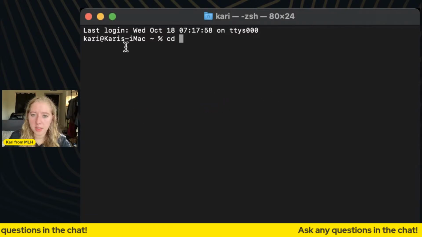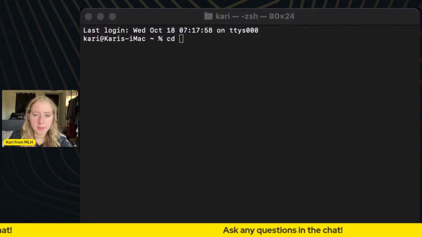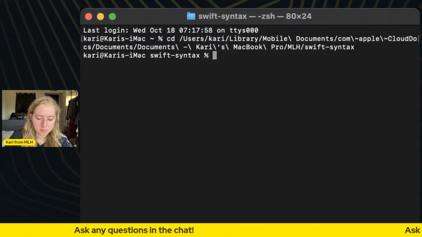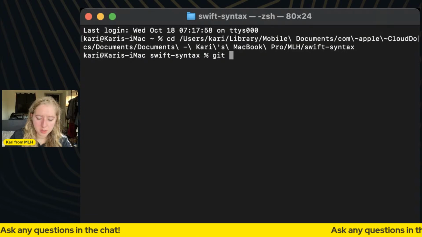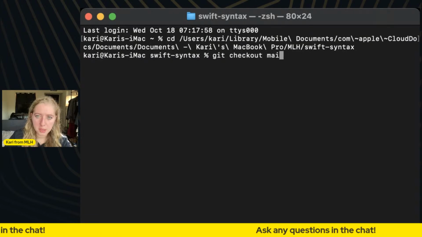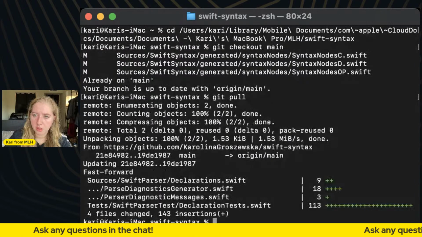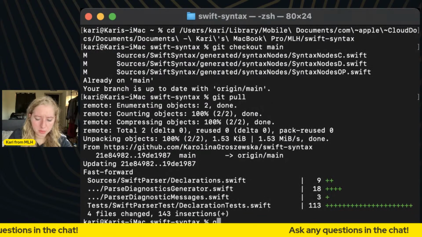Then we can do CD into this guy. That's my favorite hack. I love it. And then we'll do git checkout main. And then we'll do git push just to make sure. Yep. And then we'll do git